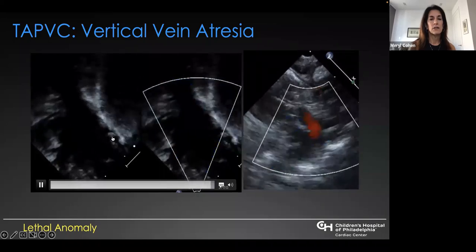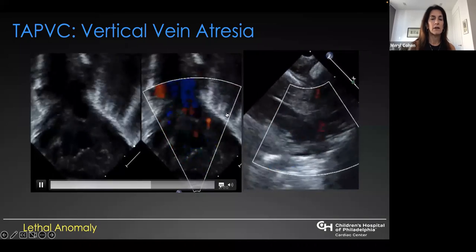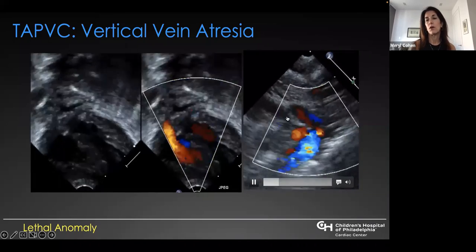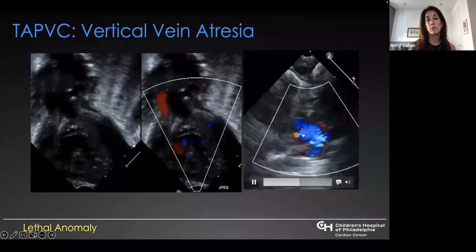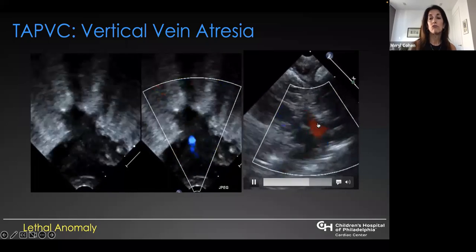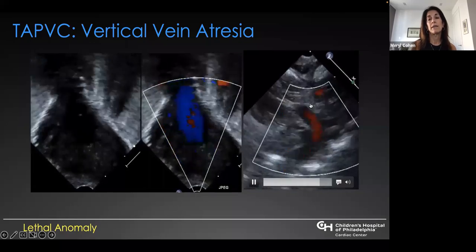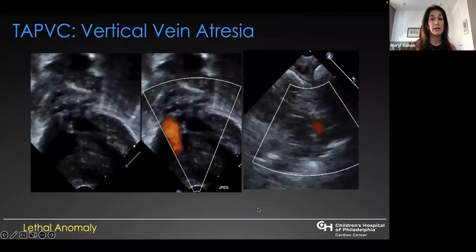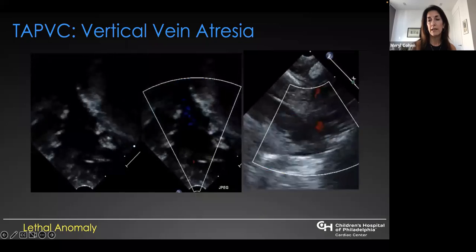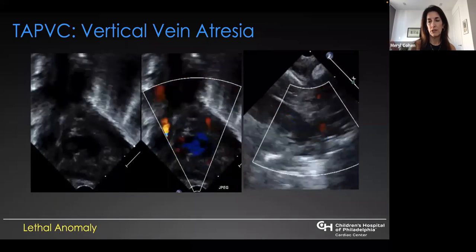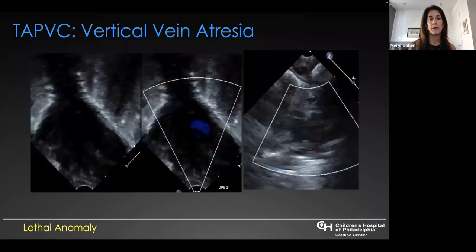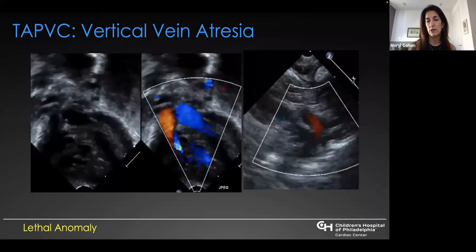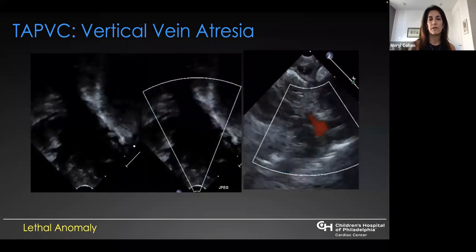You can see in this sweep that there is a tiny little confluence there. You can see all right to left flow across the ductus here. And often in severe pulmonary hypertension, you'll see retrograde flow in the transverse arch as the blood is trying to get to the brain. You can see that this patient is on an oscillator to try to ventilate, but this is a lethal anomaly because even if you try to put this patient on ECMO or try to fix the